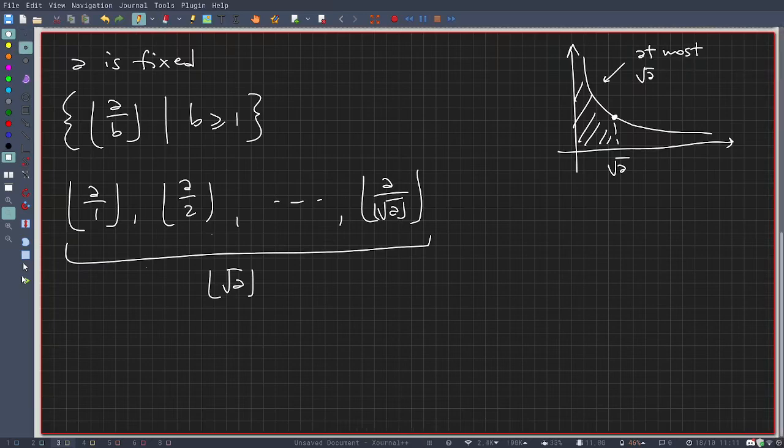And there are square root of A values in total. B equals 1, B equals 2, etc. Okay, and what happens here? Here they all become the same value. I mean, not really the same value because